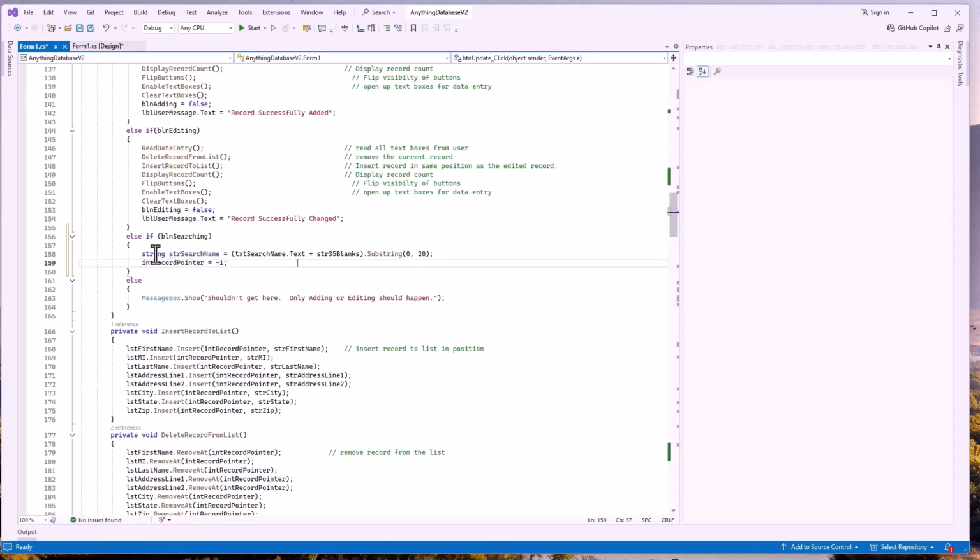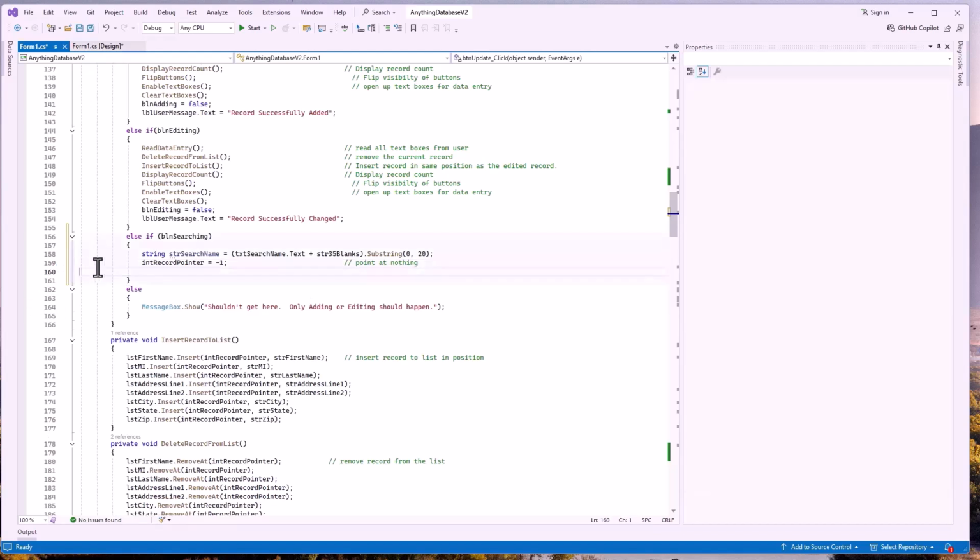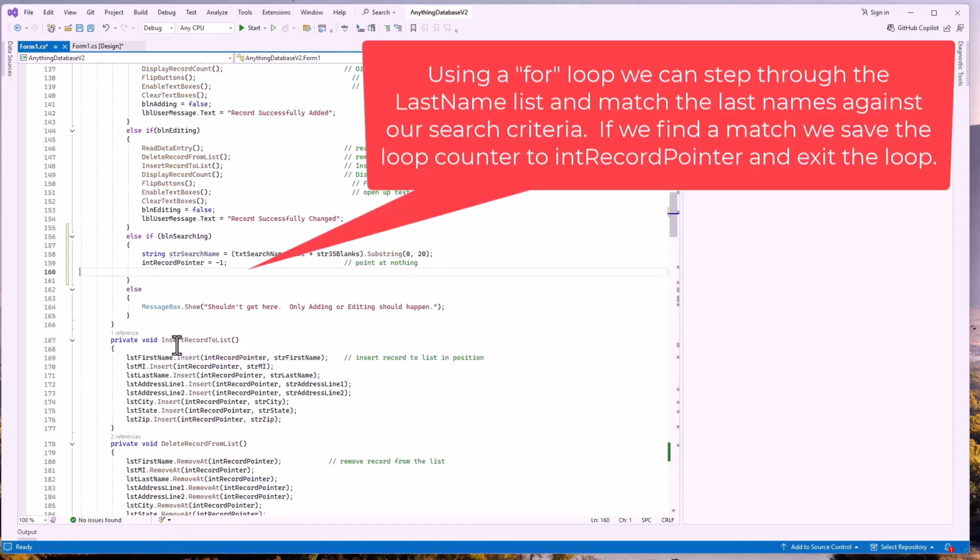In other words, we're going to point at nothing. If we find nothing, it's going to be -1, so we won't find anything there. So we want to keep it this way. And we're going to start our for loop now. Now we've got our record pointer set to -1. We're going to say for